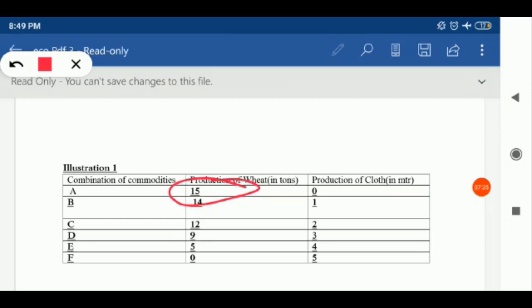On the other hand, if all the resources are used for cloth, then only 5 meters of cloth can be produced. But when we are producing wheat, we are not producing cloth, and when we are producing cloth, we are not producing wheat. But if the economy wants to produce both the goods, then